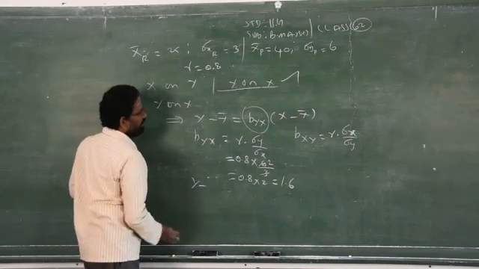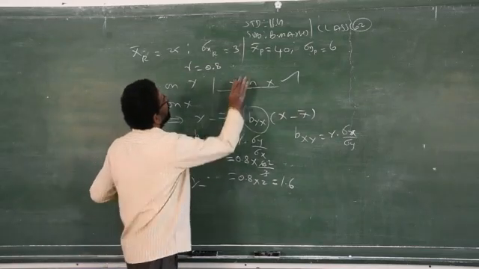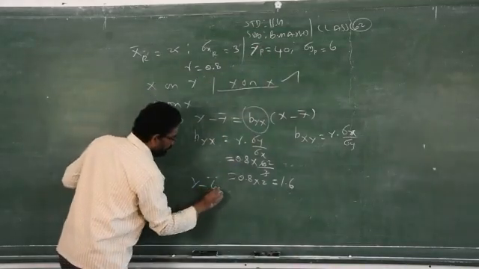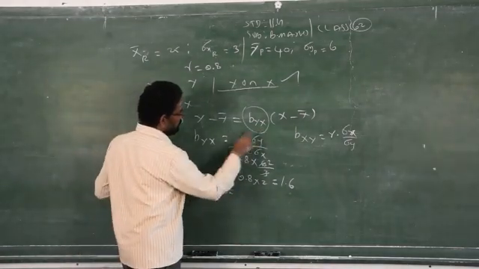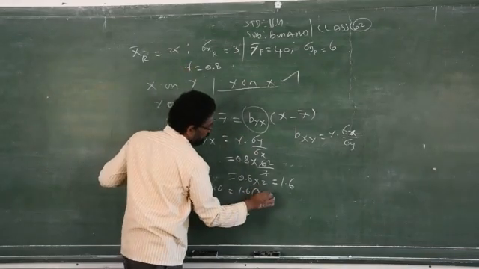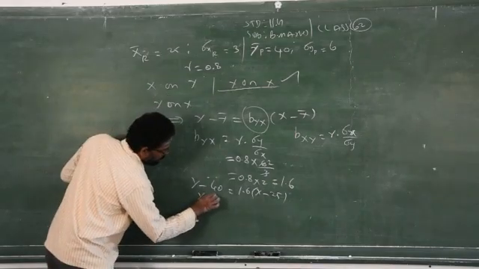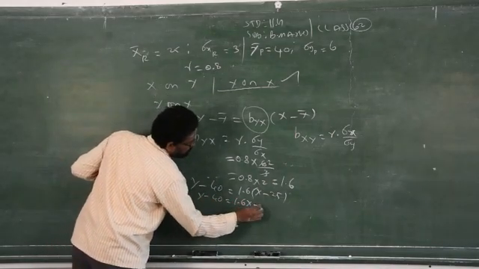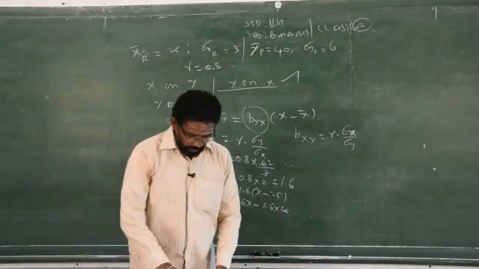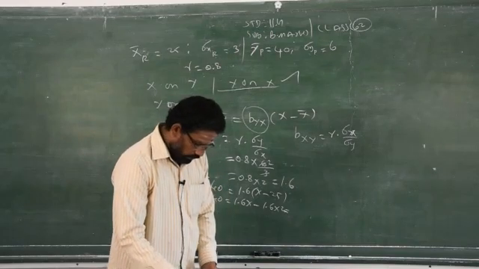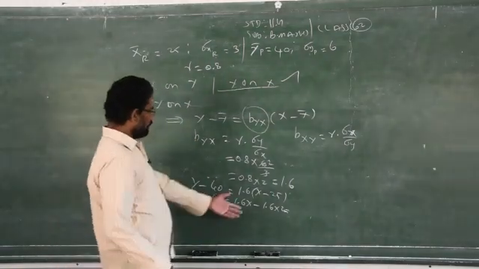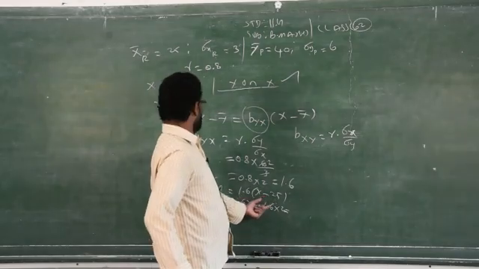Now you have to substitute all the information in the question. That is y minus, what is your y bar? Mean. That is y bar. Y bar is 40, is equal to, what is your b y x? 1.6, into x minus, what is your x bar? 25. So, y minus 40 is equal to 1.6 into x minus 25. Just multiply this x minus x bar and you will get the equation.